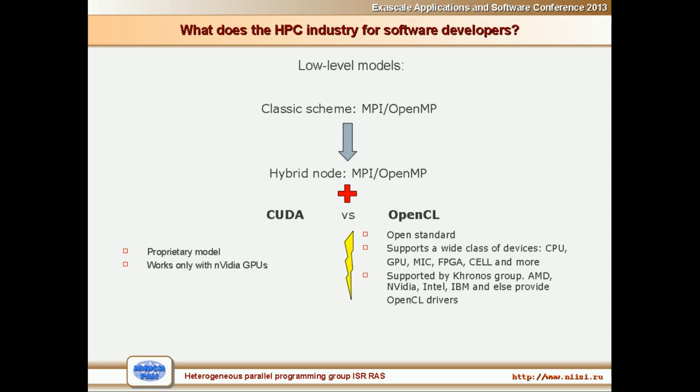The low-level ones allow gaining direct control over the device. For the classic architectures, there is the old MPI and OpenMP alliance. For the hybrid nodes, there are two alternatives. NVIDIA CUDA, which is a proprietary model and works only with NVIDIA GPUs, and OpenCL, which is the same thing but written in a general way, and OpenCL works on a wide range of hardware from various vendors: NVIDIA, Advanced Micro Devices, Intel, IBM, and many